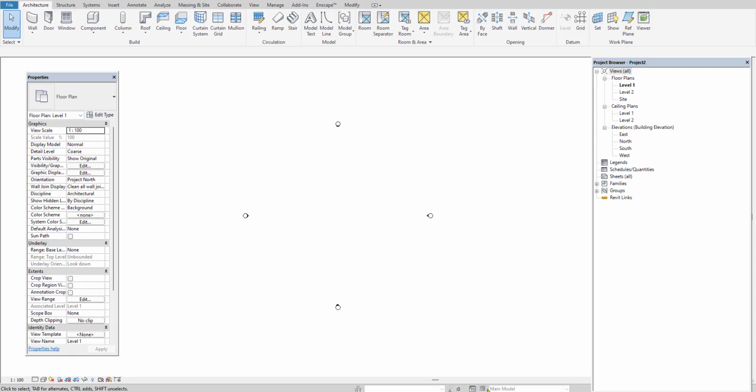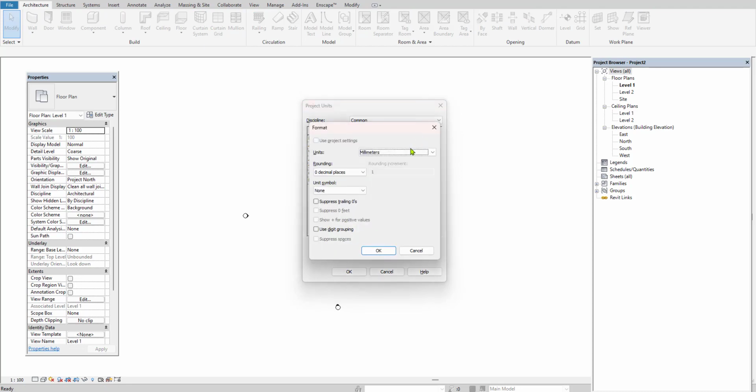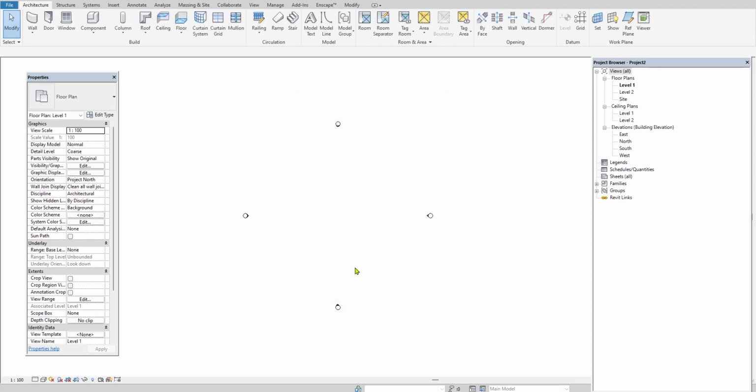Next, I am switching my window to Revit. Before importing, I have to set the same unit as that of the AutoCAD plan. For that, type UN and keep length in feet and fractional inch, and for the nearest rounding value you can go with 1.5 inch or 1/16, and then hit OK. As I already told you in the first session, once you set the unit, the second basic step is to set the levels.